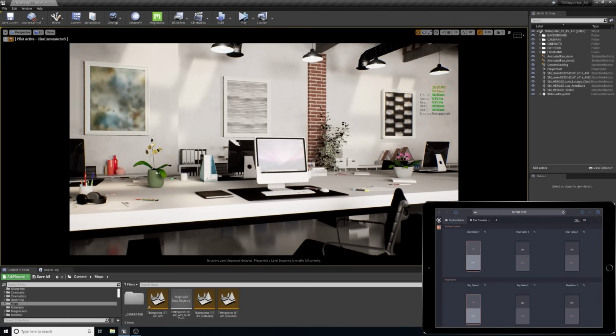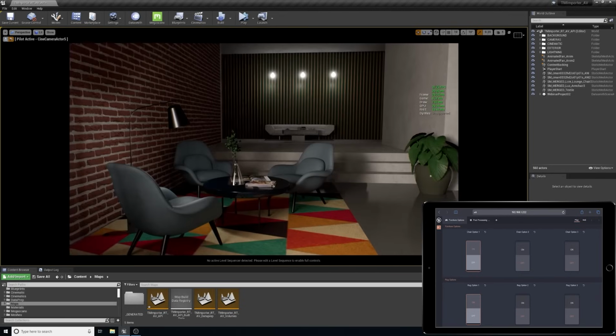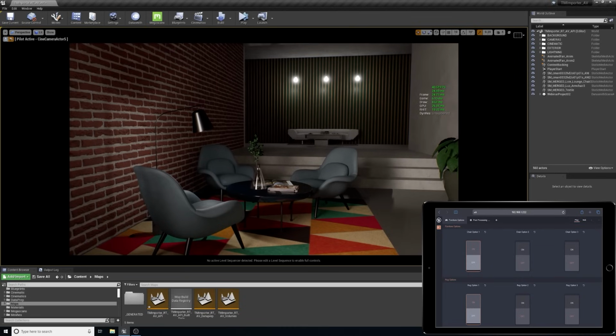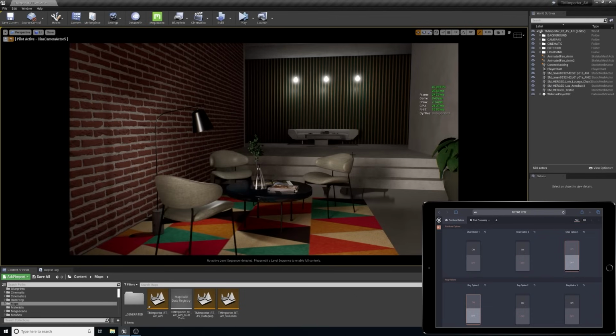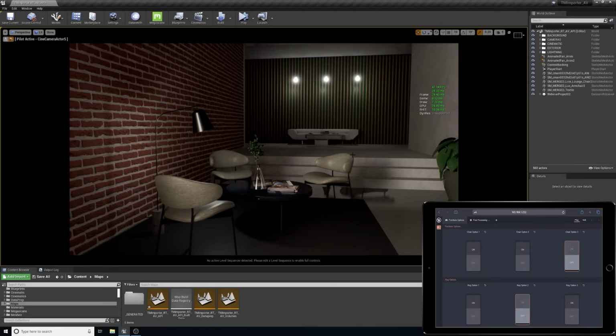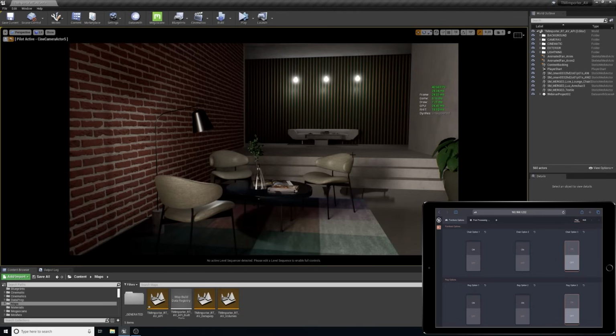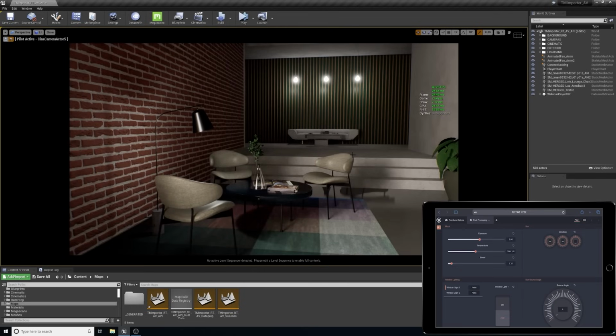So here, let me go over to the side where I have these chairs and rug. I can showcase different options if I'd like. So I'll filter through a few different chair options. Say I want to also take a look at different rugs. I can do that here as well. Or change any of the post-processing effects. So maybe I need to make it a little brighter, make it a little bit warmer, turn up the bloom a little bit. You'll have the ability to access any function that is exposed to Blueprint or Python. So there's a lot of different options you can do, and you could really make this web browser your own.